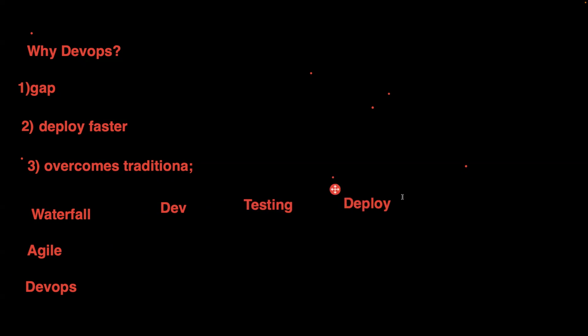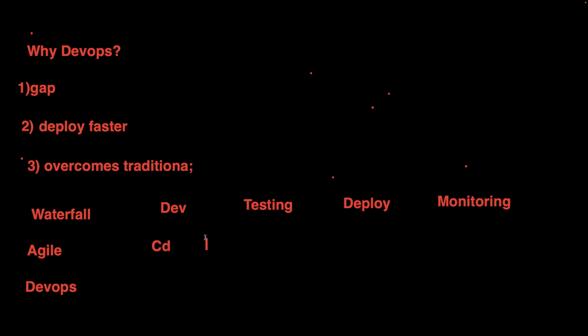I'm talking about comparing it with the other methodologies. Let's take SDLC or the waterfall methodology, and then Agile, and then DevOps. In the waterfall model, there would be major phases like development, testing, deployment, and monitoring. Each happens one after the other in a sequence, right? But when you talk about Agile, development and testing happen every week. I have shown you a few minutes back, development and testing happening in parallel.